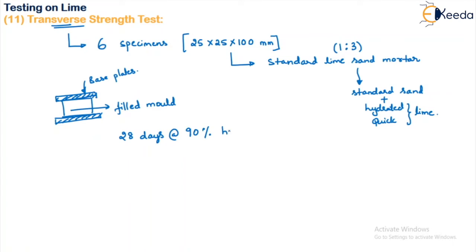So 90% of it should always be in water. Then after this curing, we will immerse the entire specimen in water for about 30 minutes, and then we take it out